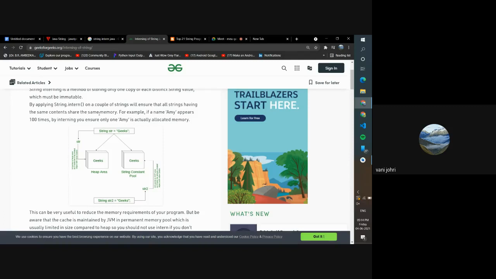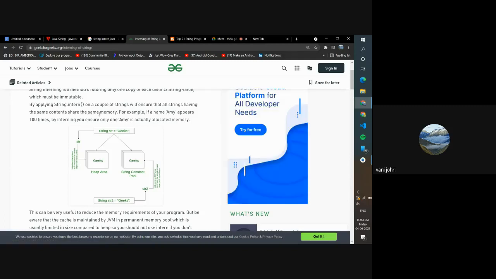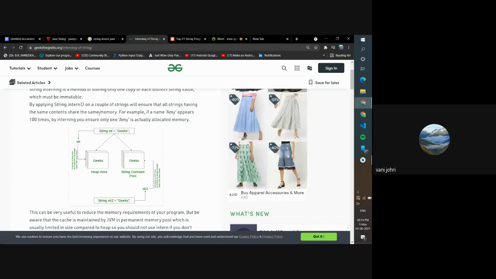So I can use string dot intern to make sure that all of these different strings which have the same value, there's no different value, right? It's just Amy, and we are for no reason storing this same Amy string in different memory locations, using more memory for no reason. So we can use string dot intern, and it will make sure that all of these strings point to the same memory location. So there will be only one Amy in the memory, and all of these different strings will be pointing to that memory location, and we'll be getting data from that memory location only.